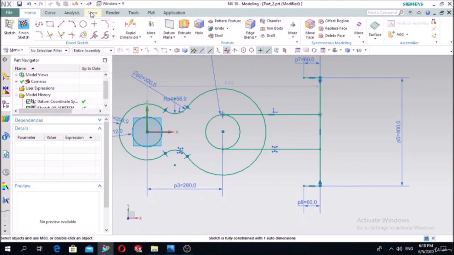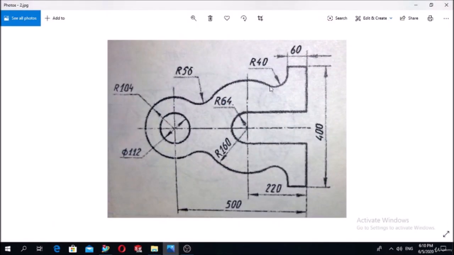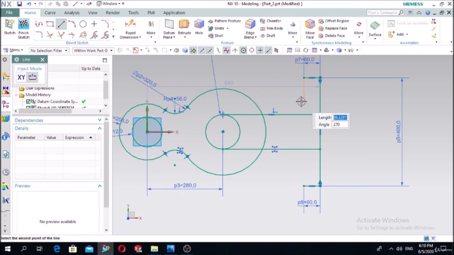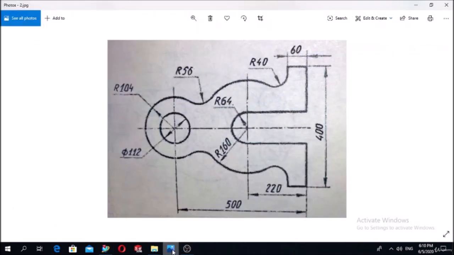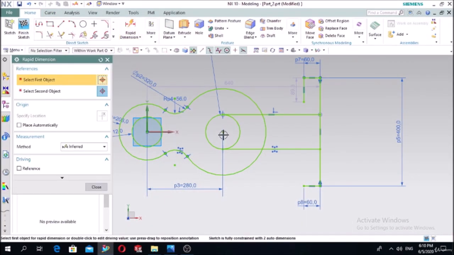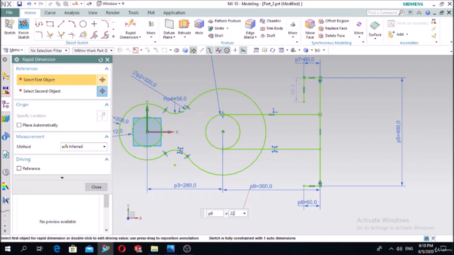Now we can make the one thing that in order to obtain here the fillet, we have to draw firstly here the line. Okay, firstly define the distance, it's the 220. This is the distance between this and this. 220. Okay,